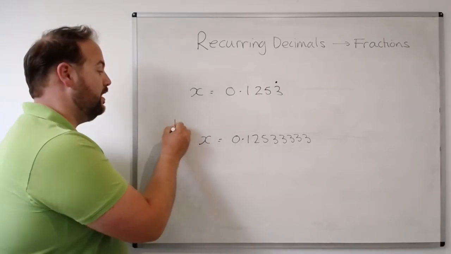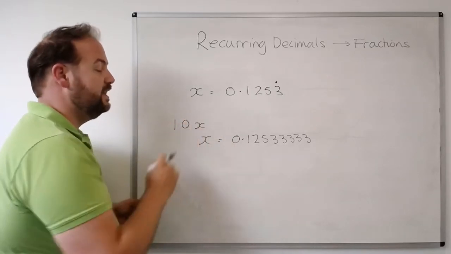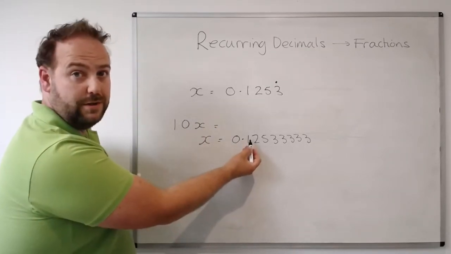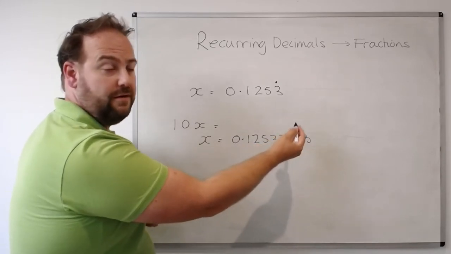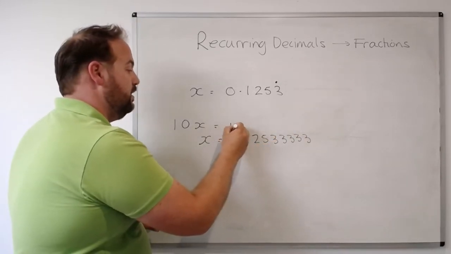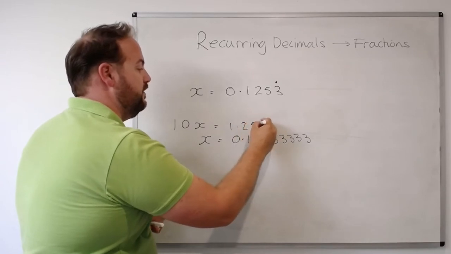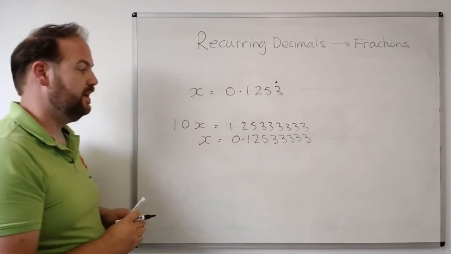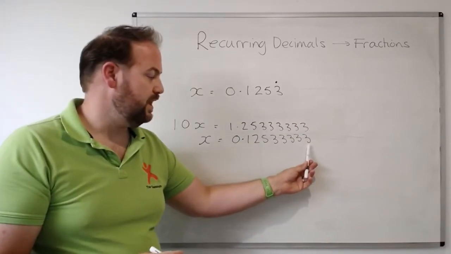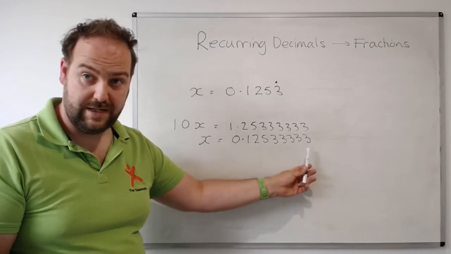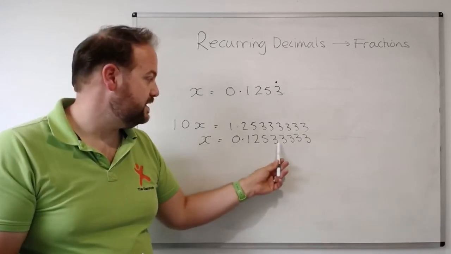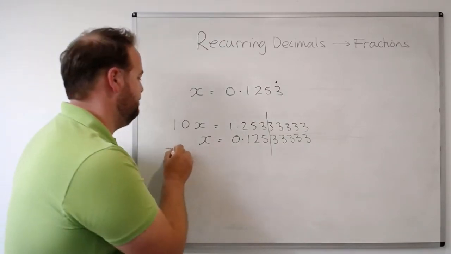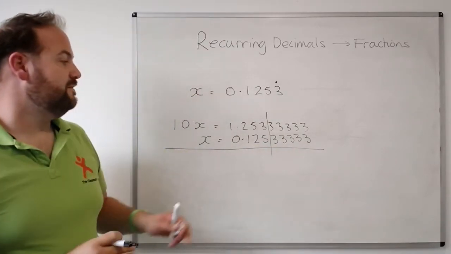We multiply by 10, 10x. Moving that decimal point over gives us 1.25333333, carrying on across there. All the zeros after this point here will cancel out. Of course, these 3's carry on forever. But all these zeros here cancel out after that point. Those 3's cancel out. That leaves us with